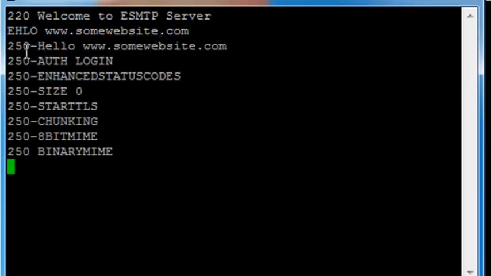The server will respond with an extended list of features. These are extensions I was talking about that are workarounds around the workarounds. So in this case, it will support Start TLS, which is encrypted email, chunking, 8-bit MIME, and so on. All the buzzwords you don't need to know about. Now, in order for me to send an email right now, I will go ahead and say, who is this email coming from? Mail from, let's say,